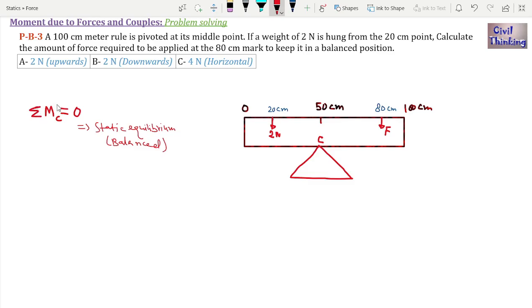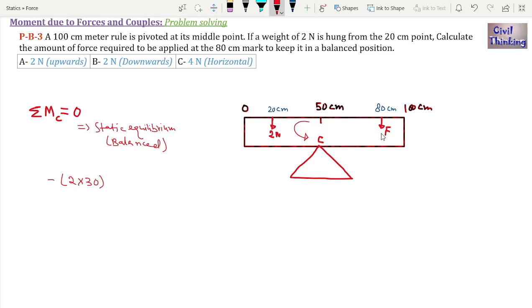Now let us find the summation of moment, the net moment at point C, and we will see whether it is 0 or not. If it is 0, it will be balanced. Now again I'm assuming the anti-clockwise moments at point C to be negative and clockwise moments at point C to be positive. Now 2 Newton will exert an anti-clockwise moment like this, right, at point C. So I'll write negative 2 Newton multiplied by, now how far is 2 Newton from point C? Now it is the 50 centimeter mark, it is the 20 centimeter mark. So the distance between the 20 centimeter mark and the 50 centimeter mark is 50 minus 20, which is 30,